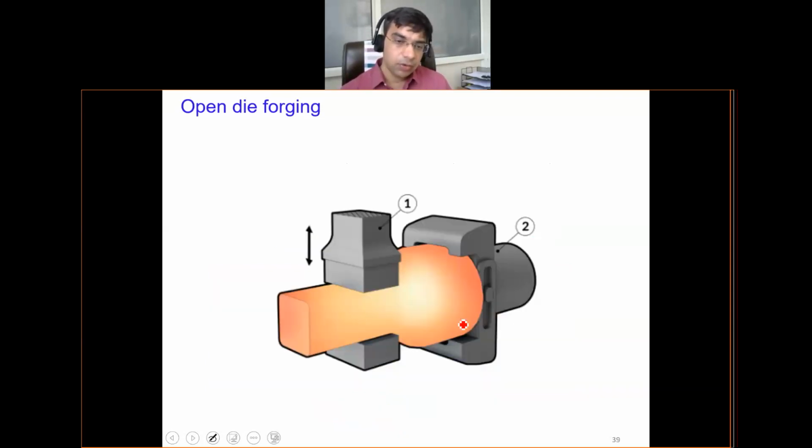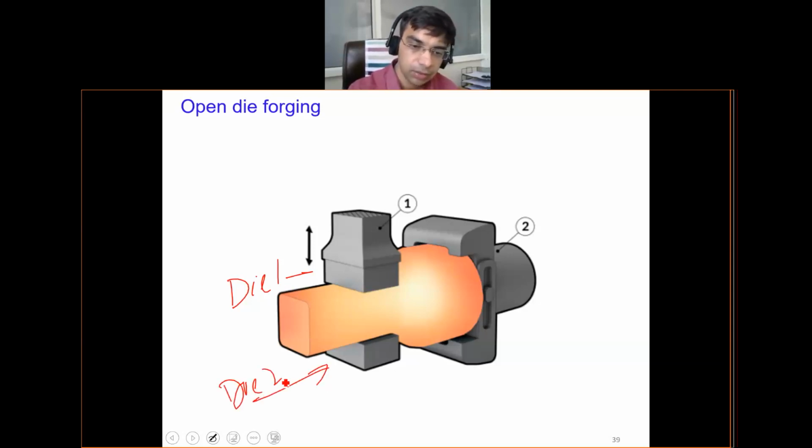So this is another example of open die forging, where you convert a cylindrical object into a squarish object. This is die 1, and this is die 2, where you have the die shaped in a square cross section. You go on compressing it, and here the color orange indicates that it is a hot working process. The application of compressive forces is intermittent, meaning the dies are continuously hammering the surface of the product and thereby imparting plastic deformation to it.